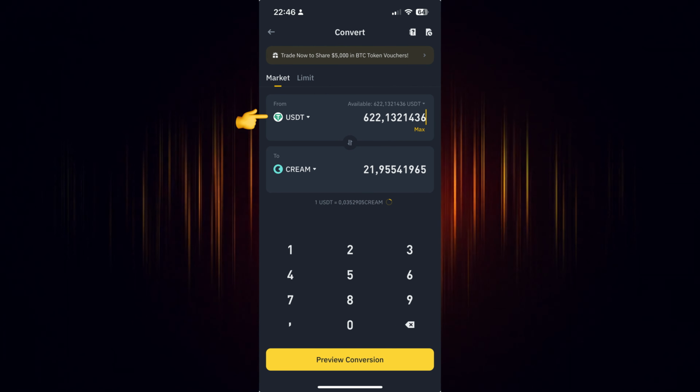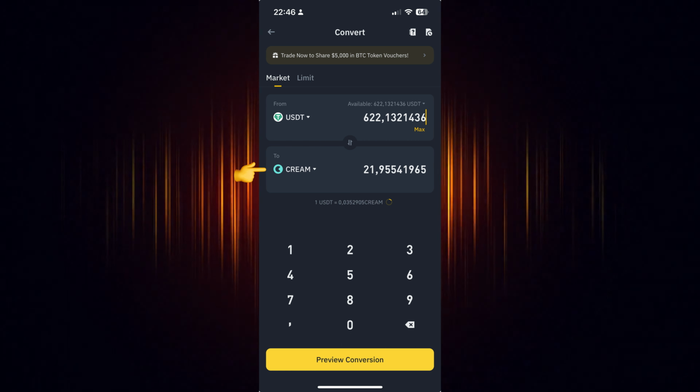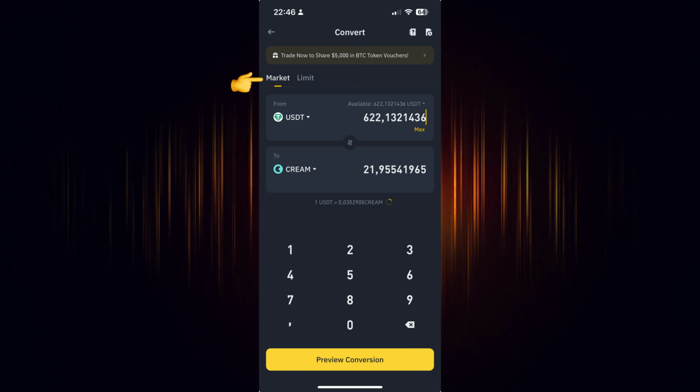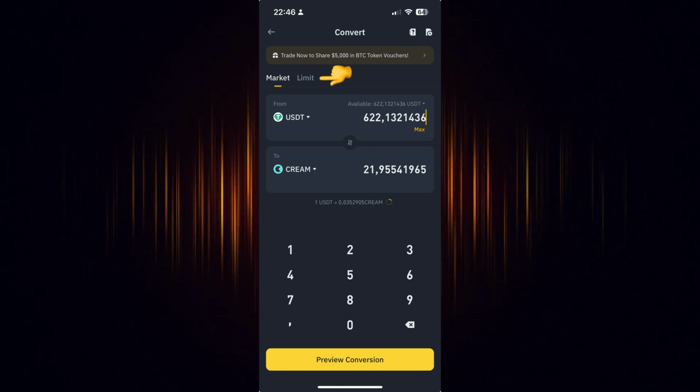Now select the currency you wish to use for the purchase. Then add the currency you want to buy. In our case, we are looking to buy cream. There are two ways to buy it. You can either choose the current market value, or you can set the specific price at which you wish to